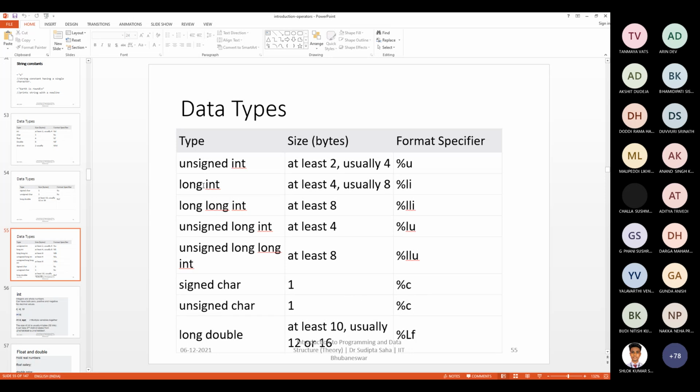Now, long. What is long? By default, when you declare a variable to be an integer, it is given at least 4 bytes of space. If you want to represent a very big number, 4 bytes may not be enough, so you need some more space. That's why we go for long int. It will be given another 4 bytes, an extra 4 bytes. If you want to add more bytes, you can use long long. Even triple long can be used.